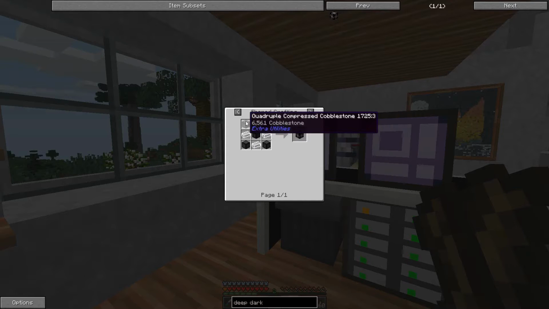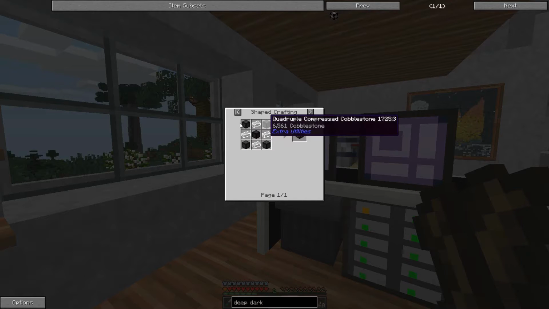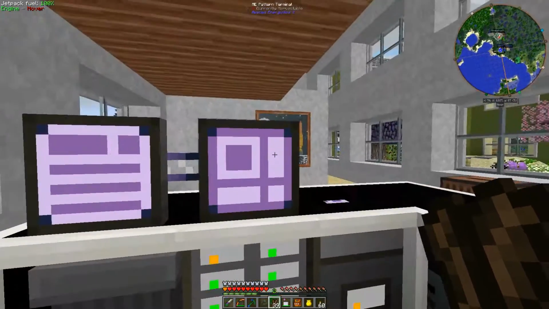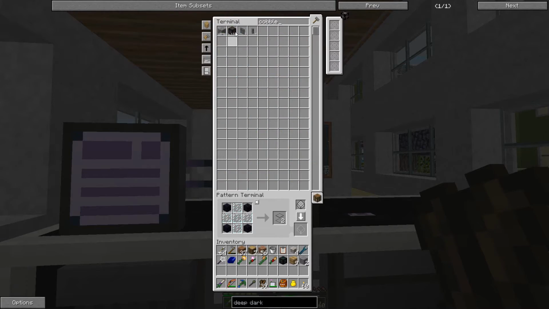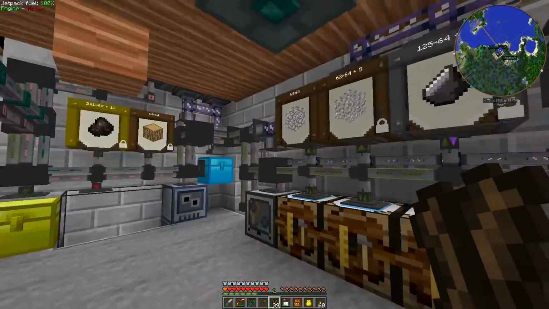And then we also need 4 quadruple compressed cobblestone. Each one of these is 6,561 cobblestone. And then 1 quintuple compressed cobblestone, which is 59,049 cobblestone. And we already have all that. So let's see, we already have a bunch of quadruple cobblestone, and the reason we do is because as cobblestone